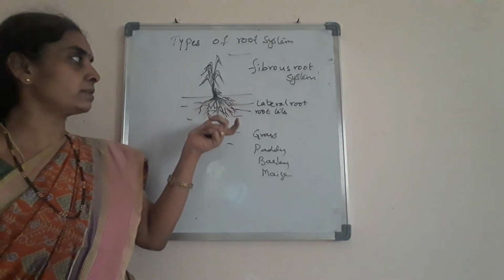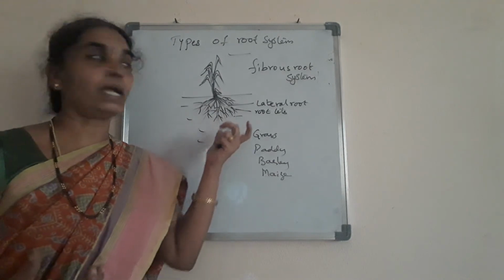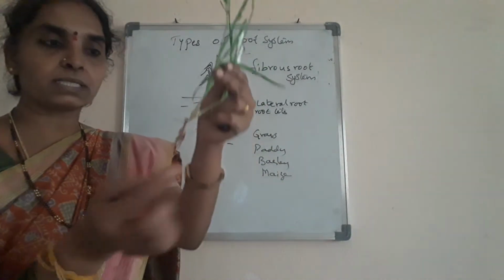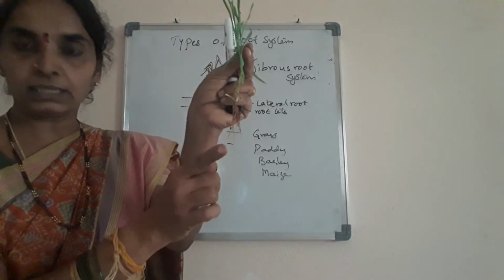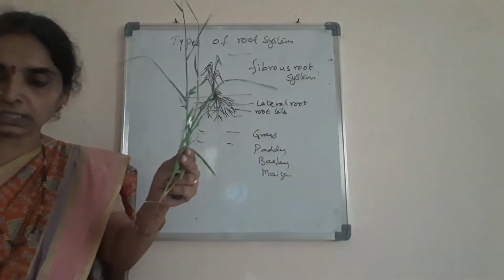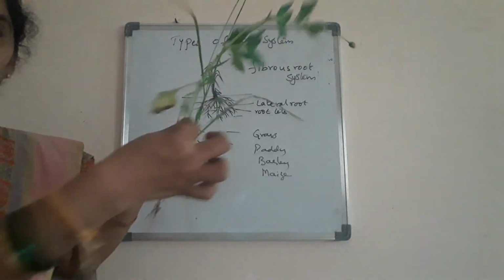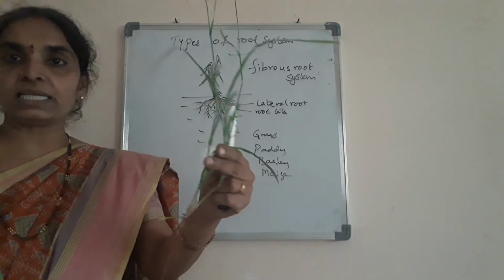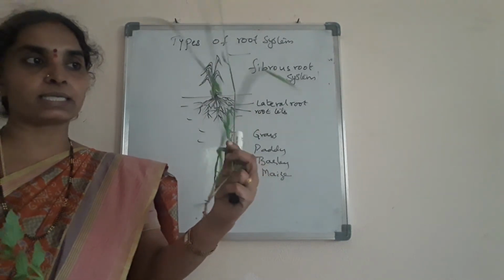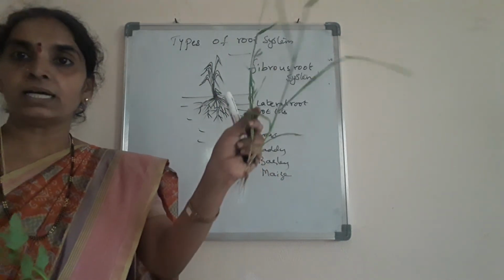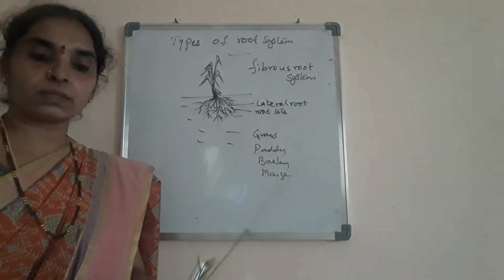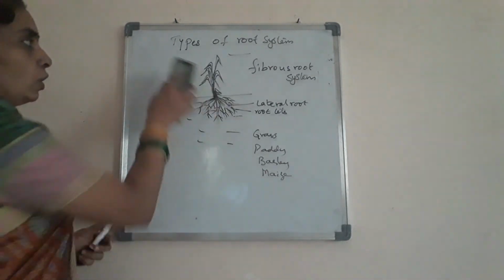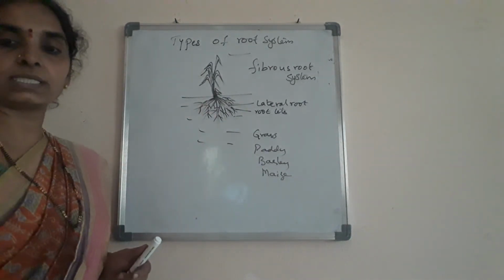Okay children, now you can identify how the fibrous root system is. So all the roots start from a single point, as in the grass. You have observed, I think so children. So here this is the taproot system, and the leaves are different for taproot system, and if you observe carefully, you can see that the leaves are different for the fibrous root system also. So this is about the types of the root system. Hope you have understood the two types of root system children.